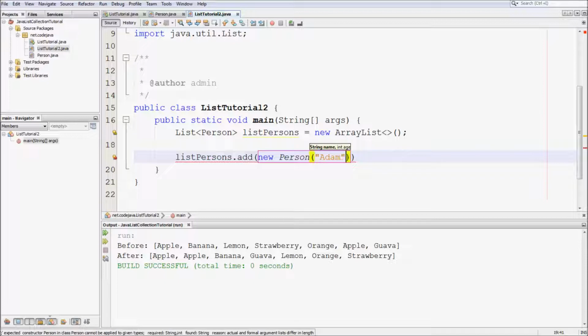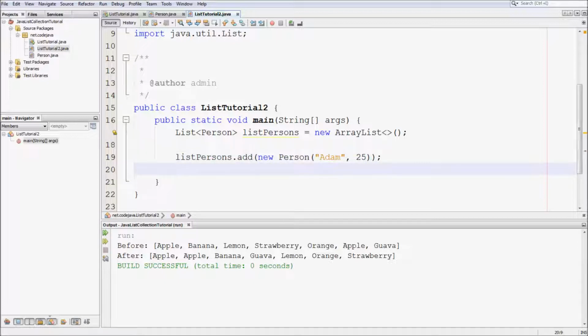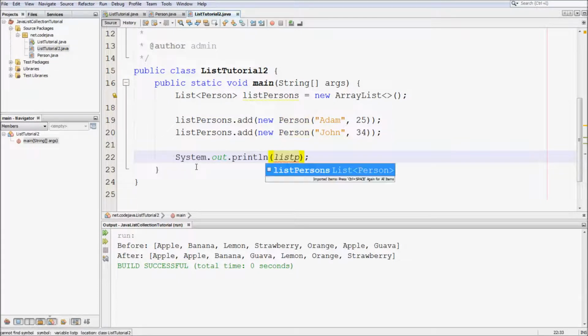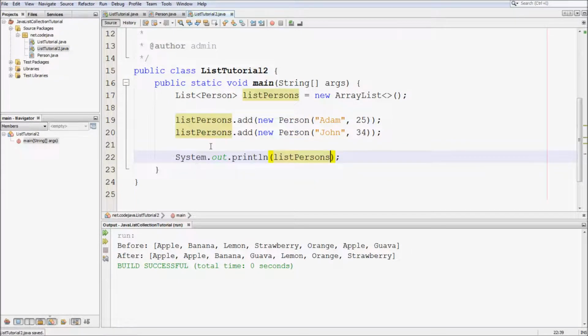Adam, 25 years old, and the second person is John, 34. Okay. Now let's print the content of the list of persons. Run this program,